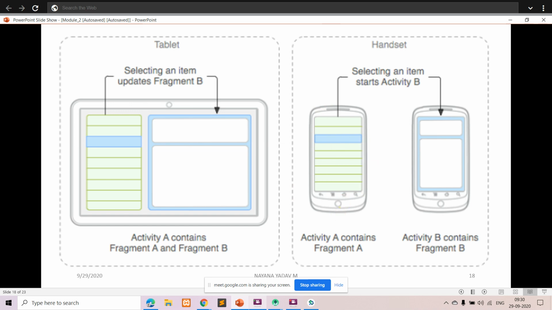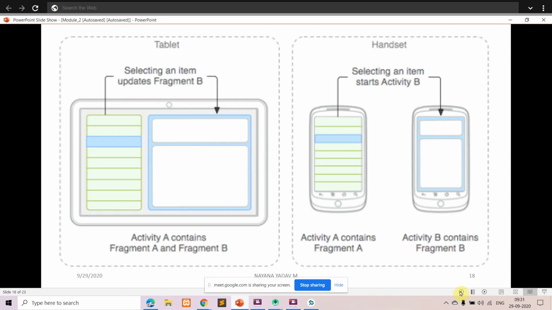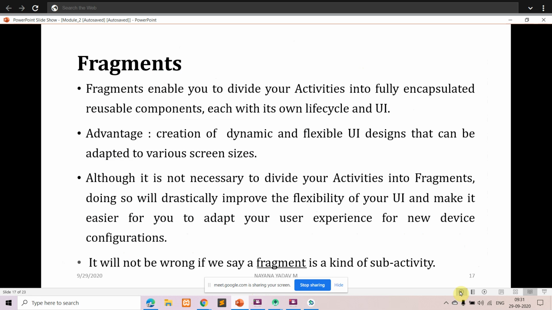This provides a way to present a user interface that can be optimized for a variety of Android devices. So the main thing is, you have an activity, and in that activity you can have a part that is called a fragment. Like this, you can have any number of fragments. Those fragments are tightly bound to the activity. Okay, it's like the activity is the parent, and the fragment you can call the child.